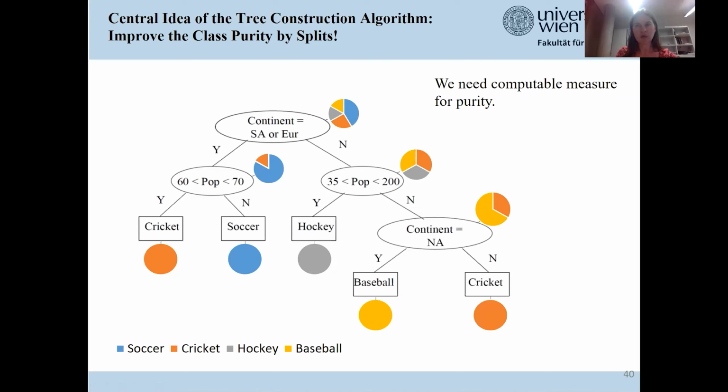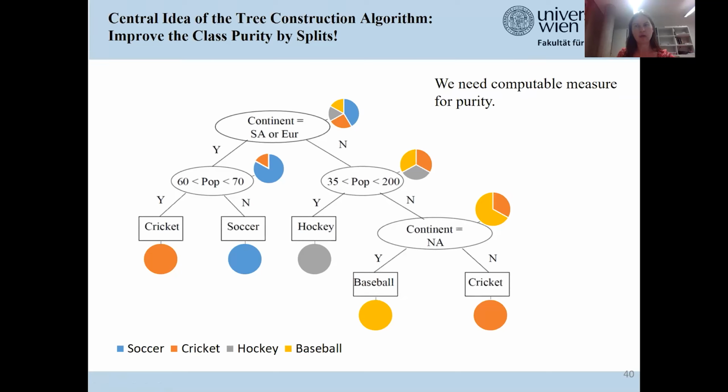Okay, so it is a good idea to design splits which enhance the purity of our subtrees. That is clear. But now we need to do this in the computer. And a computer cannot live with such visualizations. It cannot inspect the diagrams and compare the colors of the different options.